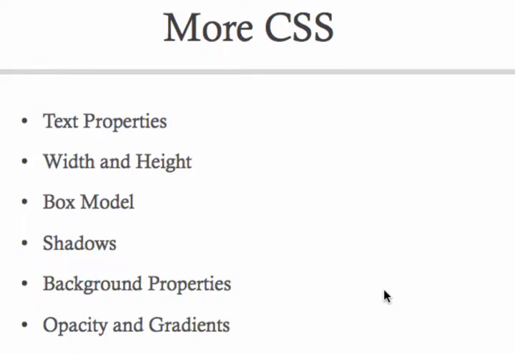In this lecture, we'll talk about some more CSS properties. We'll talk about text properties, we'll talk about the width and height, the box model, shadows, background properties, and opacity and gradients. Now, there'll be a lot of new properties that I'll introduce in this lecture, and I can't cover